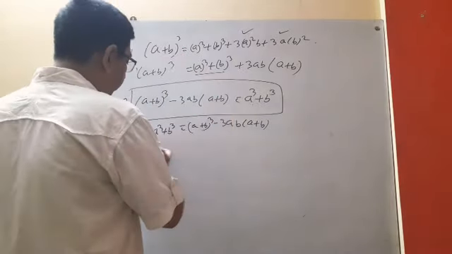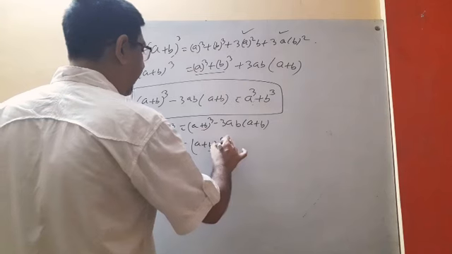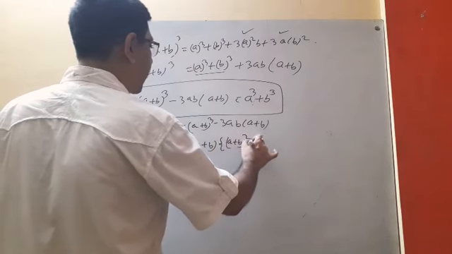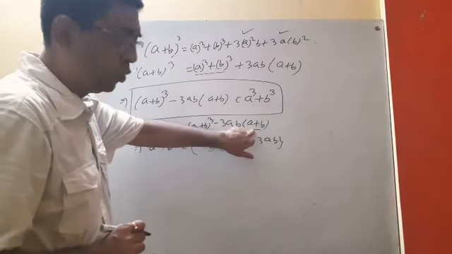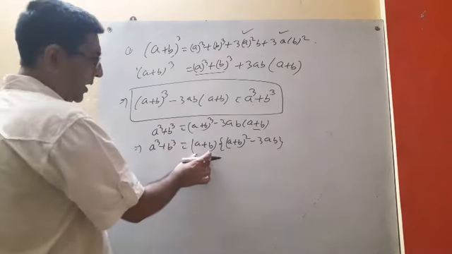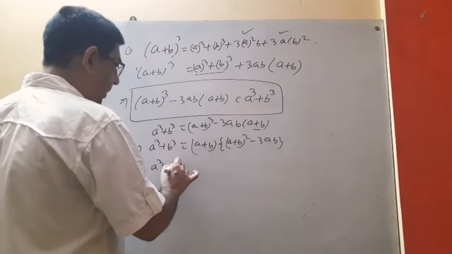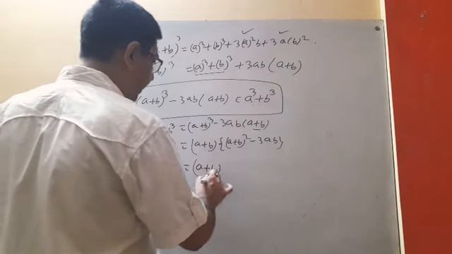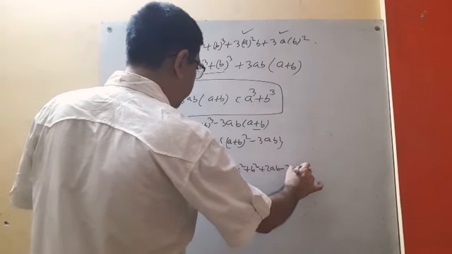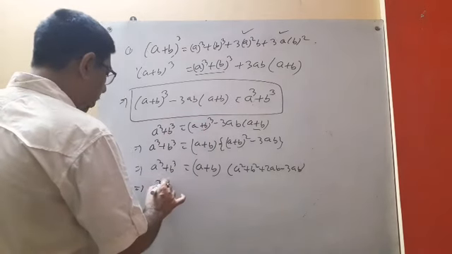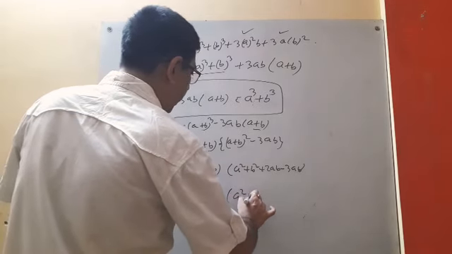But also if we take a plus b common, what are we getting? This is a plus b whole square minus 3ab, because I have taken a plus b common. If there is no a plus b, it will get only 3ab. And this is a plus b, taking common we get a plus b whole square. That means a cube plus b cube equal to a plus b, here a square plus b square plus 2ab minus 3ab. So look, a cube plus b cube can be written as a plus b into a square plus b